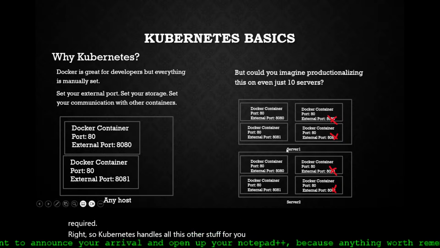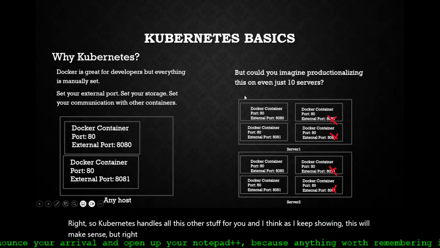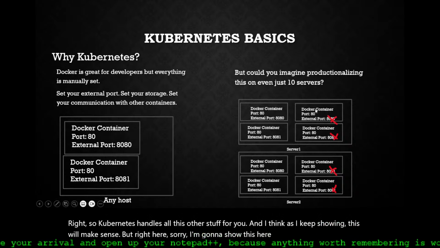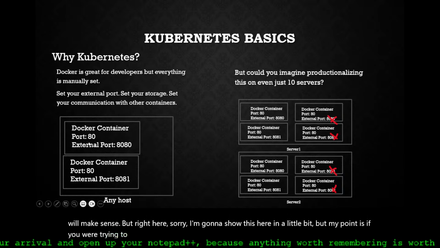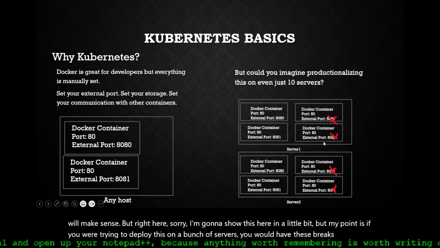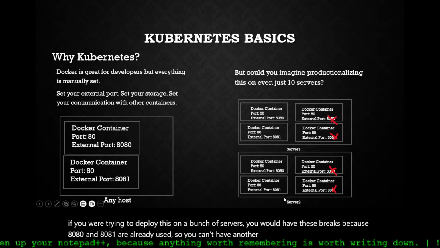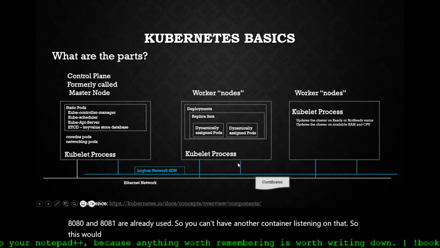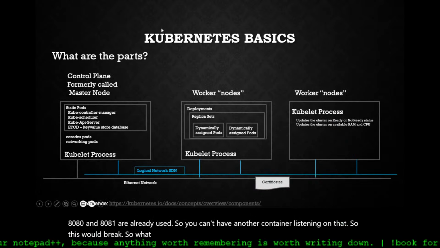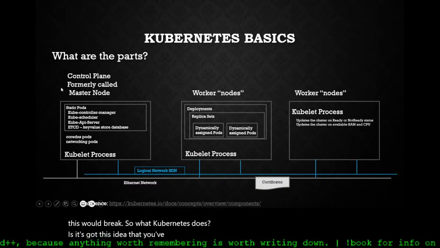And I think as I keep showing, this will make sense. But my point is, if you were trying to deploy this on a bunch of servers, you would have these breaks because 8080 and 8081 are already used, so you can't have another container listening on that. So this would break. So what Kubernetes does is it's got this idea that you've got a control plane node,